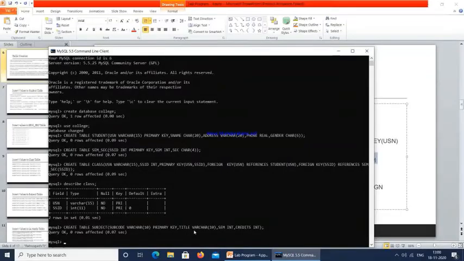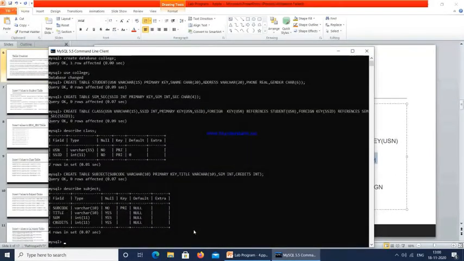So if I use describe subject, you see subject code cannot be null because it is primary key, then title is varchar 10, semester is integer, credits is also integer, and they can take null values by default.